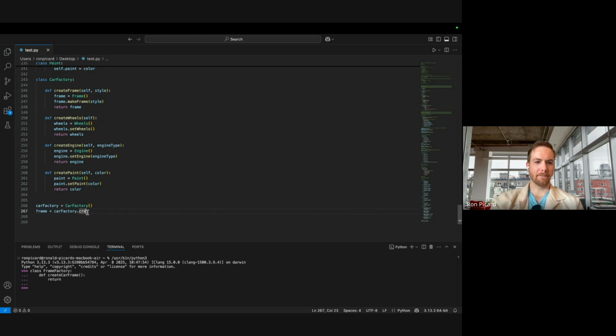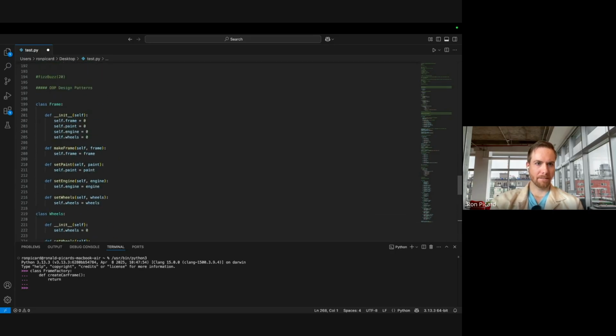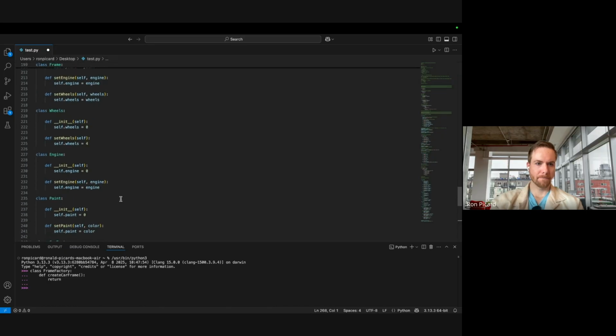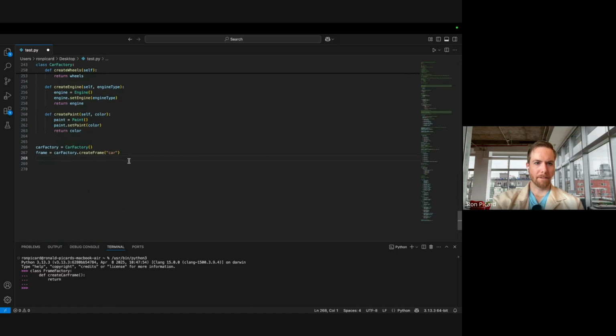So we created our car factory. Now we have to create each of our components. We're going to create a frame. The frame is going to be a car. We are going to create... I realize I'm going to need one extra component, but I think I'm going to be able to make it in 6 minutes here. So engine